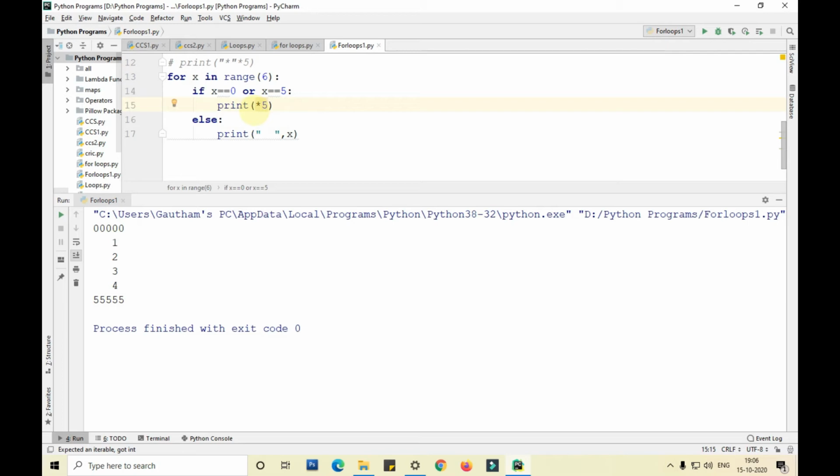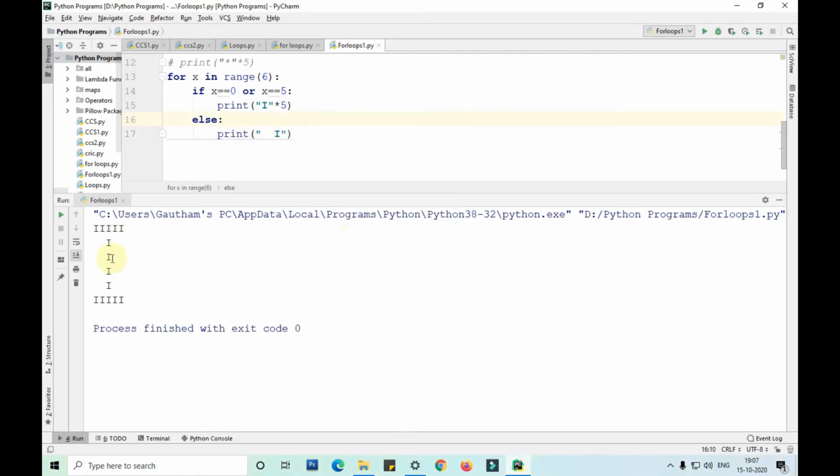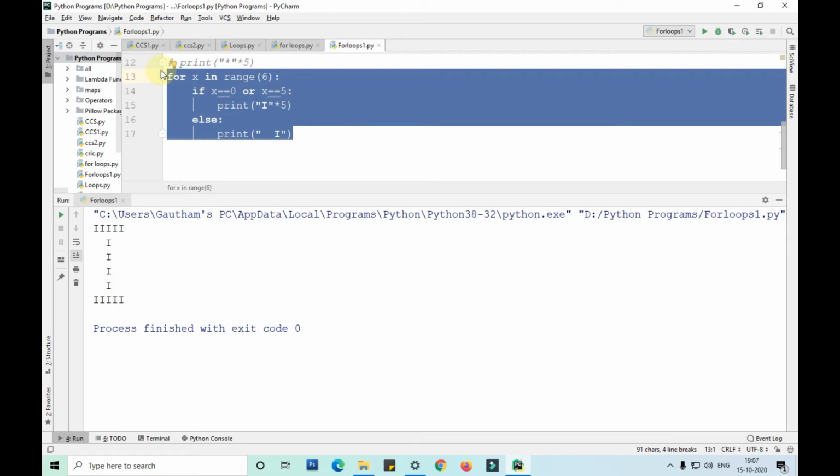Similarly, you can use any other symbol also, guys. That doesn't matter. With a string, you can also put I here so that you can understand it in a better way and run the program. You can see it is printing in I format with letter I here. Okay, guys. Similarly, I'll show you for the letter L. Now let me comment this.